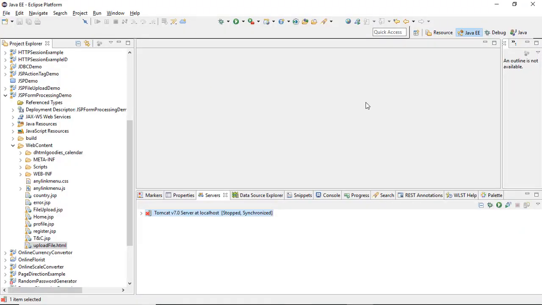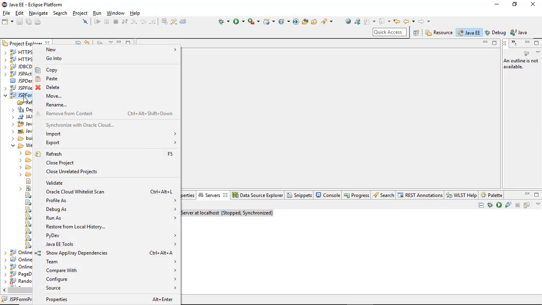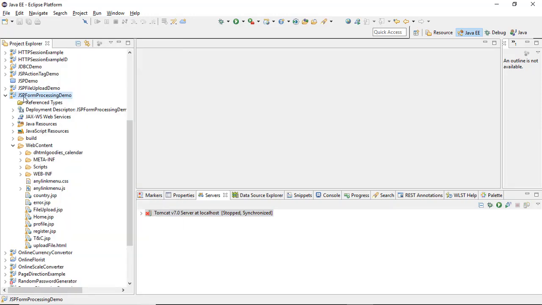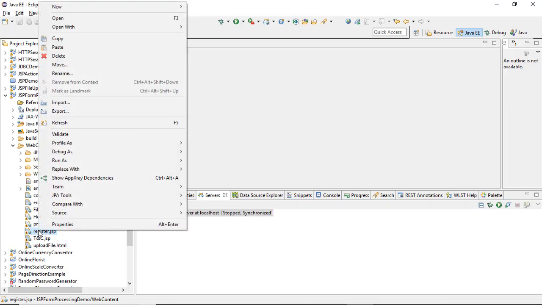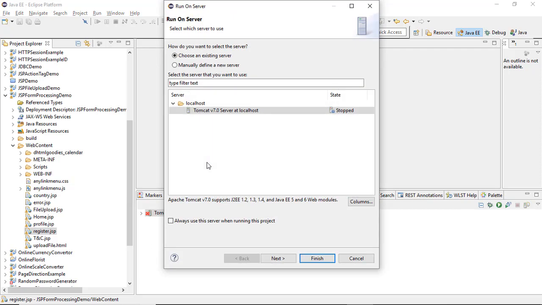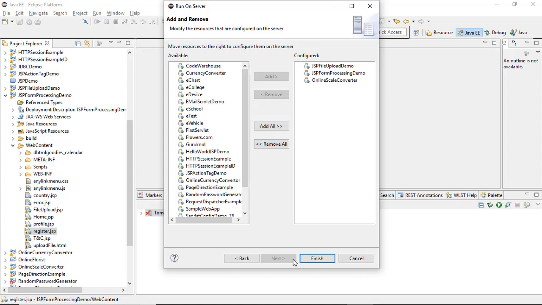So let's take a look at the demonstration of JSP form processing, file upload and CRUD example. So this is my web application JSP form processing demo. In this application, I have my register.jsp, which will have your application form. So example here is, suppose we have an online job search portal, and the job seeker is applying to